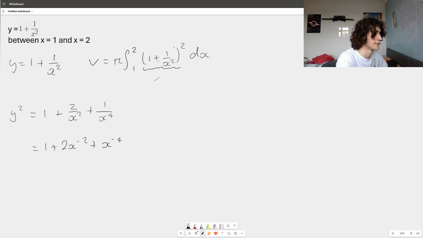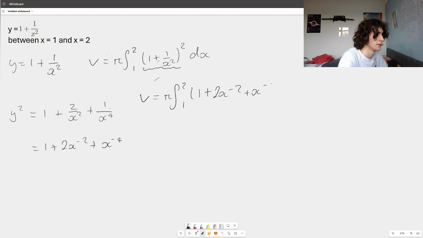You can also do this in the step here, so you can make this x to the minus 2, which can make it a little bit easier to deal with. So let's sub that into our equation. So we've got pi times by the integral from 2 to 1 of 1 plus 2x to the minus 2 plus x to the minus 4 dx,